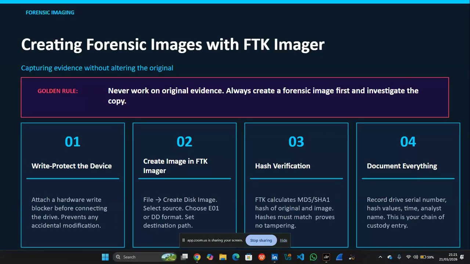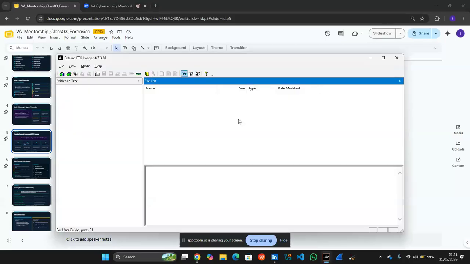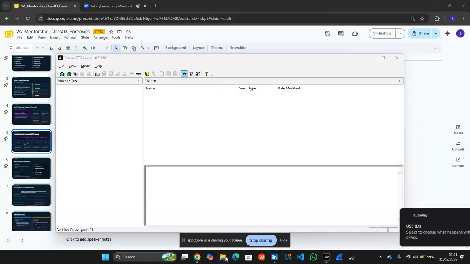So let's quickly use this FTK Imager. I already explained what FTK Imager is, right? It's very advisable, if you want to do an investigation, to make sure it is in a controlled environment. Just for learning sake, I have a USB device plugged into my laptop. Even though you guys can't see, let me move it and plug it again. It's supposed to show a notification that a USB device... No, let me just open my file so you see. Yeah, still USB device plugged in.